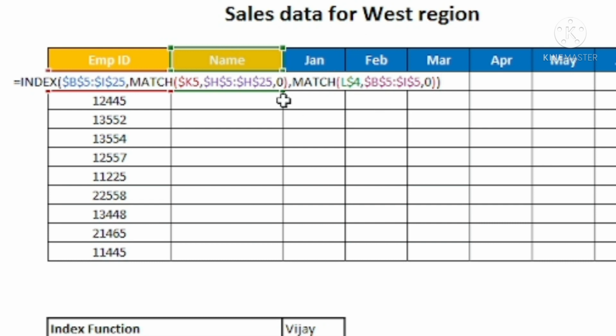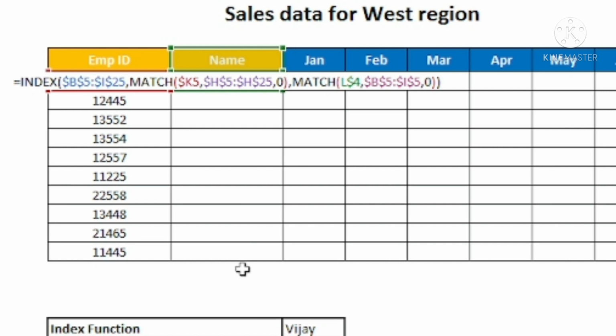The next thing: when I copy the formula from here to here, I want Excel to move from left to right. So if you see here, I kept the column free and I locked this particular name on the row side. So when I copy the formula from top to bottom, Excel will not move from this particular row to this particular row for L4. But when I copy the formula from left to right, it will move from column L to column M. So it will change to M4, N4, O4, like that, but it will not change to L5, L6 when I copy the formula from here to here.